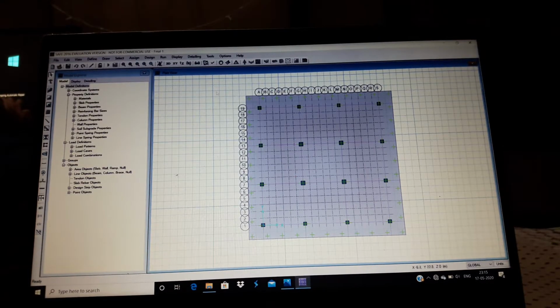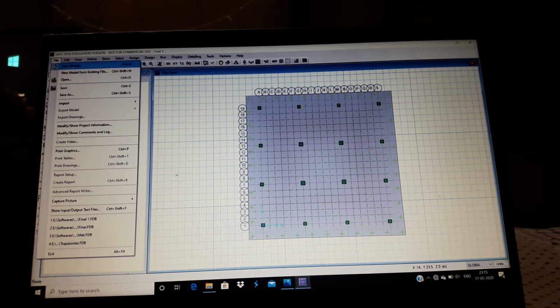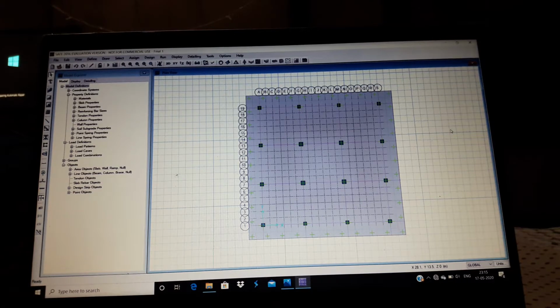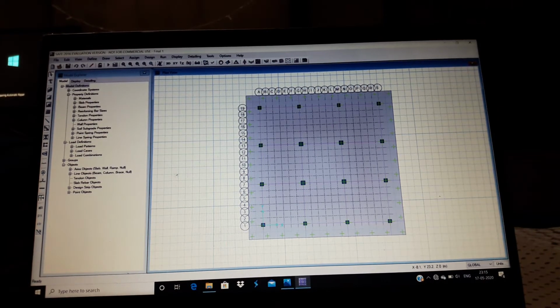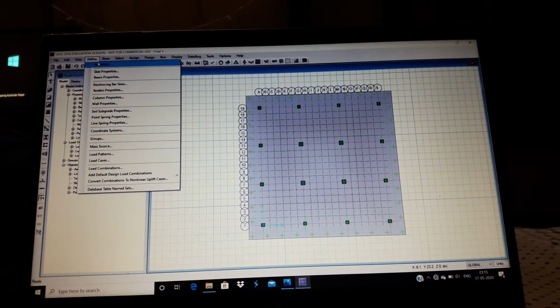So this is a model I have prepared here. To make this, firstly click on file menu and then new model option. A dialog box appears in which you need to fill some information regarding Indian standard codes and metric units, reinforcement and all. Then set the number of grid lines as 19 and spacing between grid lines in x and y direction both is 1. Then click on define menu to define the materials.